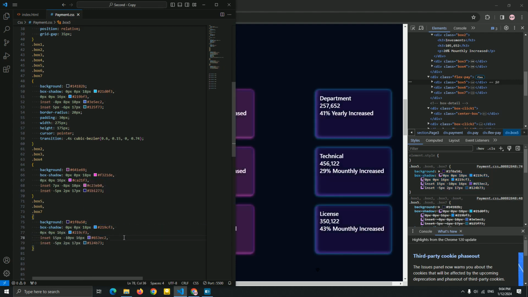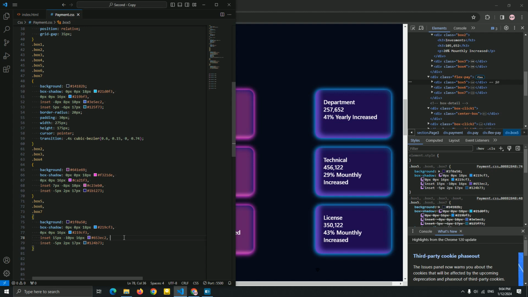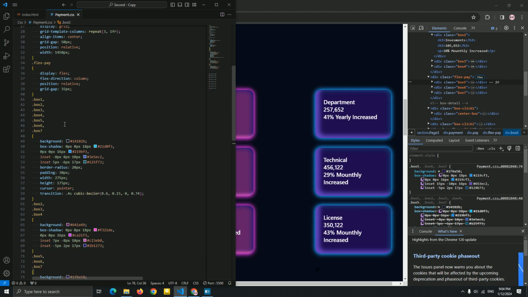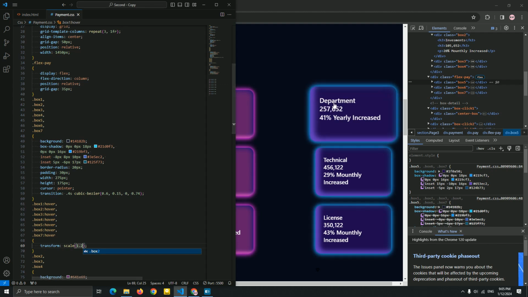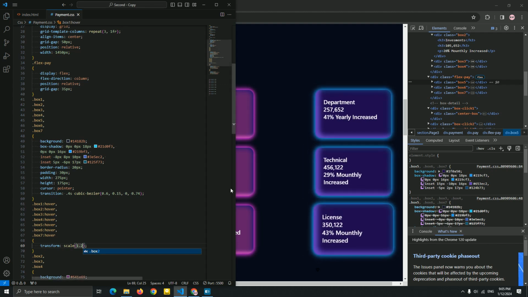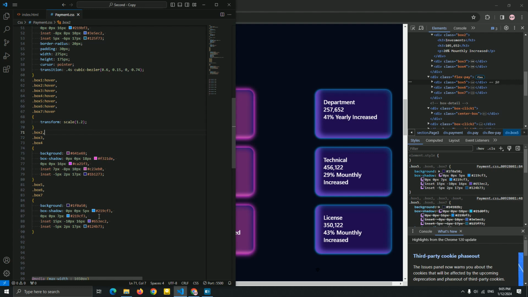Let me just add the hover fast to just go to the next. So I'm gonna just add a hover here, copy this, paste it very fast to add a hover. Simple hover, as you can see, guys. So this is a very simple hover, guys. And yeah, now next one.